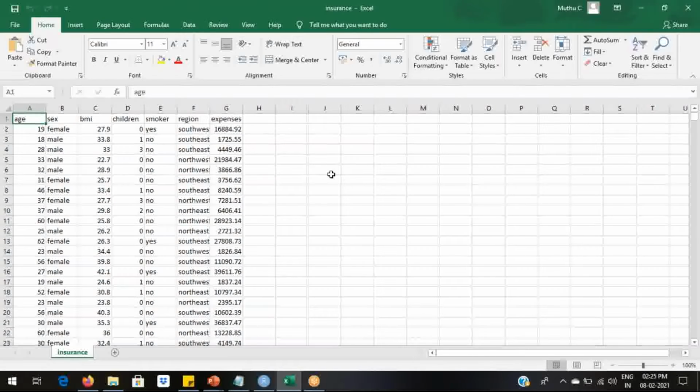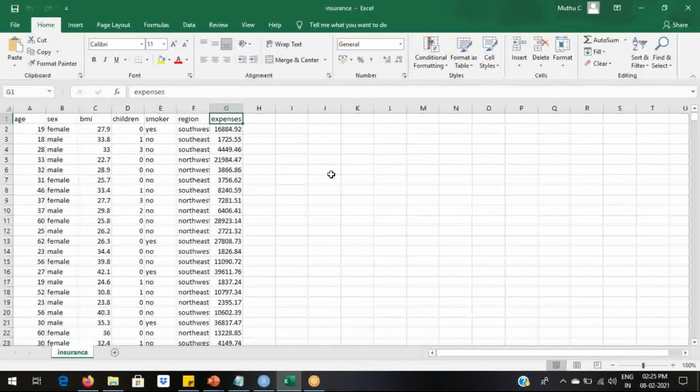The various features or variables that are used here are age, sex, BMI, children, smoker, region, and expenses. Here we are interested in predicting the expenses.